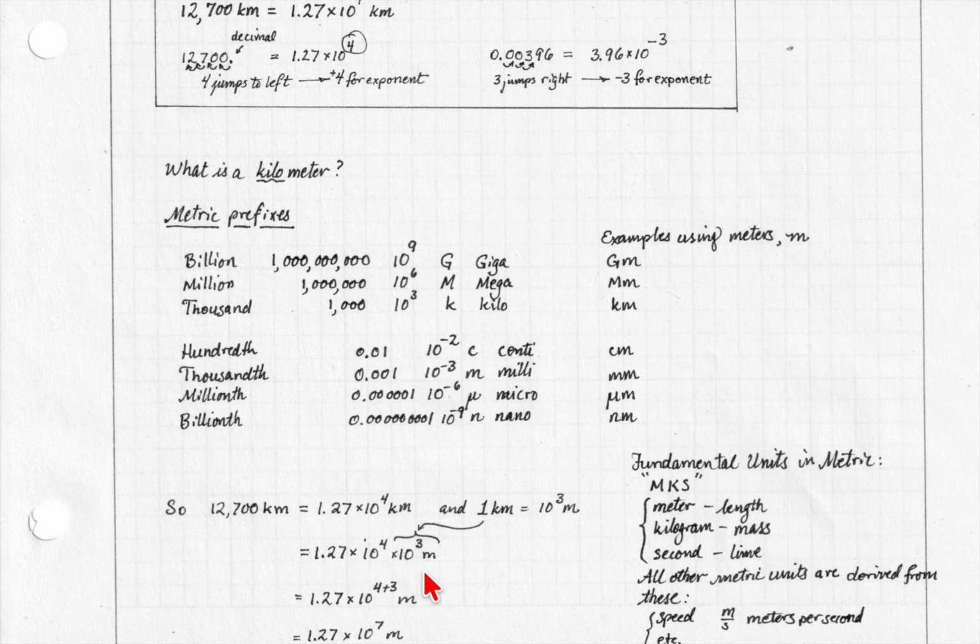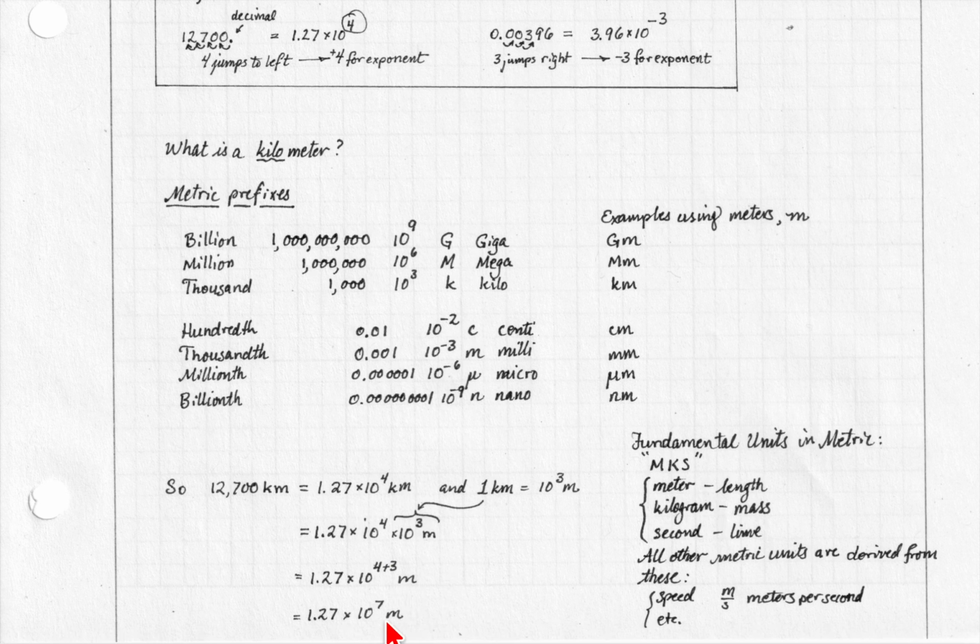Go back to your high school, maybe even your junior high school math. If you're taking powers of 10 multiplied together, you just add their exponents. So 1.27 times 10 to the 4 plus 3rd power meters. 1.27 times 10 to the 7th meters. There. And so now we can see, yeah, in meters it's a lot larger number because a meter is smaller